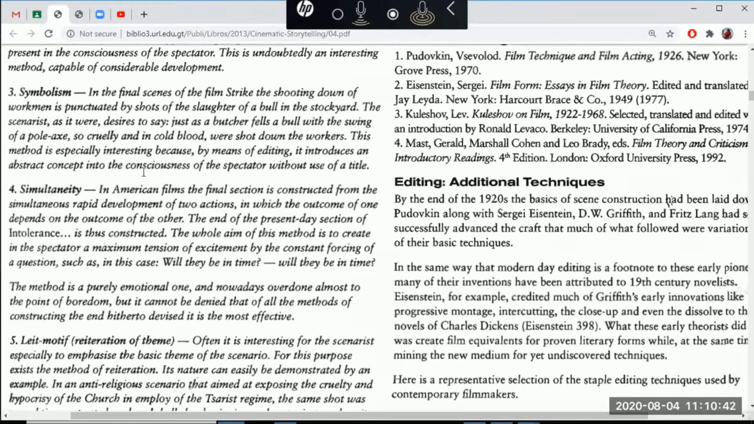Okay, so for simultaneous action, it further says that when you are showing two actions or when you are intercutting between two actions that are happening at the same time, the outcome of one action depends on the outcome of the other, right? For instance,